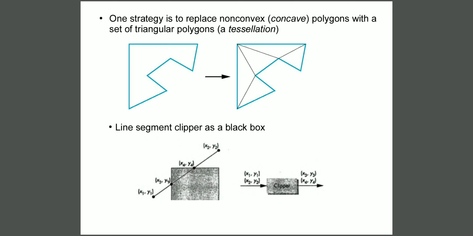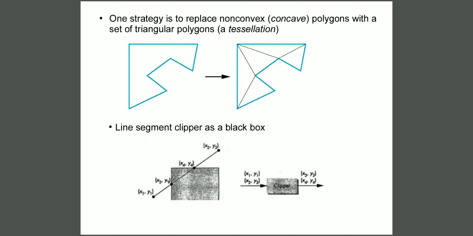So when we perform clipping of a polygon, we can also perform clipping of line segments of a polygon or edges of a polygon. Edges of a polygon are nothing but line segments of a polygon. So clipping a polygon is nothing but clipping of edges of a polygon or line segments of a polygon.